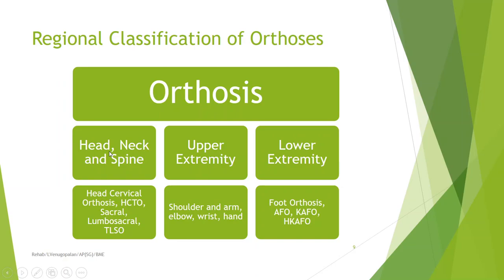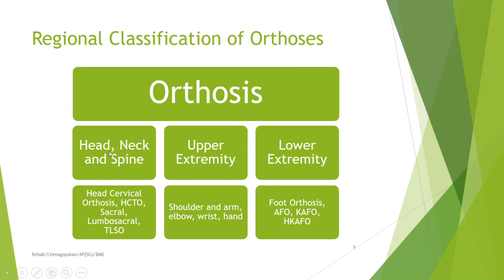So let us move on to the regional classification of orthosis now. Regional classification means based on the anatomical position. So orthosis based on regional classification can be orthosis for head, neck and spine, orthosis for upper extremity and orthosis for lower extremity. So for head, neck and spine you have the head cervical orthosis, then the head cervical and